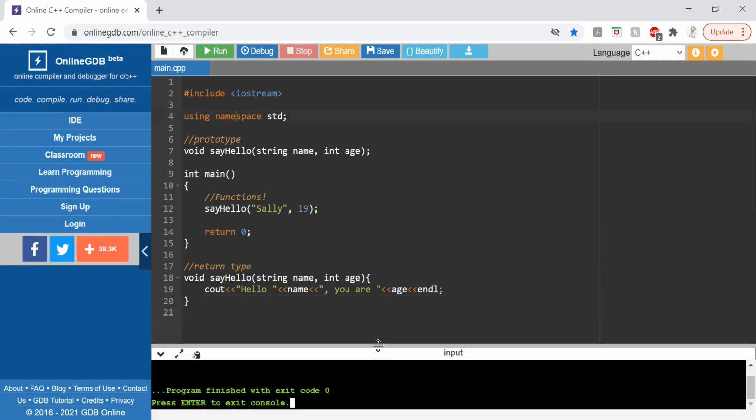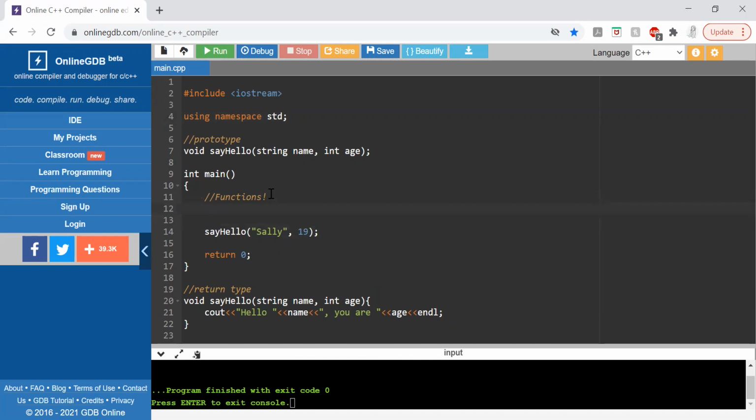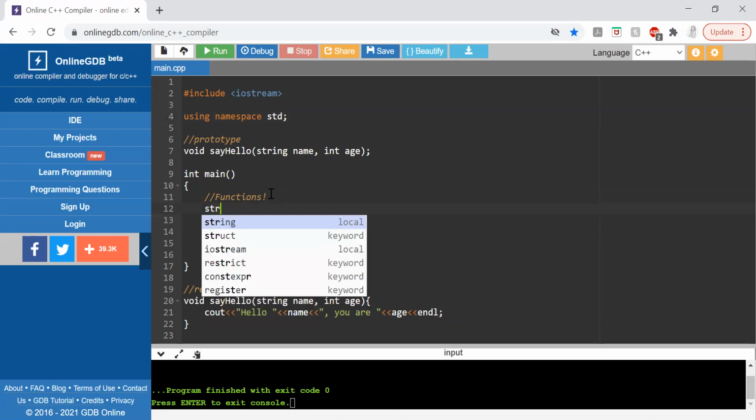Okay, so again, this is a very basic function. So let's try to edit our function and add some specs to it. For example, we can receive the information from the user and send the information to the function and make it a little more user-friendly. Not every user that's going to be using the program is going to be called Sally, and not every user is going to be 19. So we can actually ask the user for the information and send this information to the function. So string name,